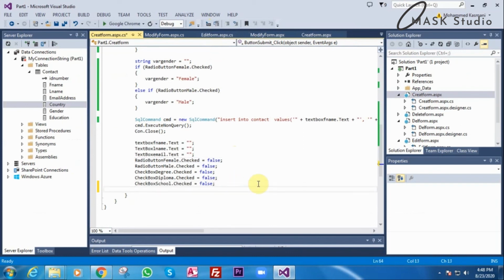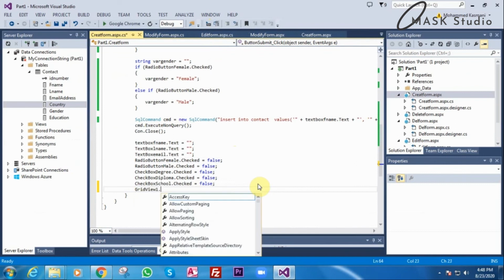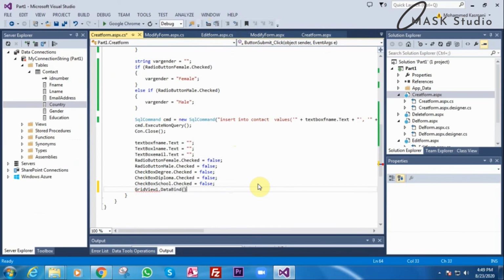What we will do here, we'll write down GridView1.DataBind. That's it. Now I will run again. Either you can run from the browser here or press F5.